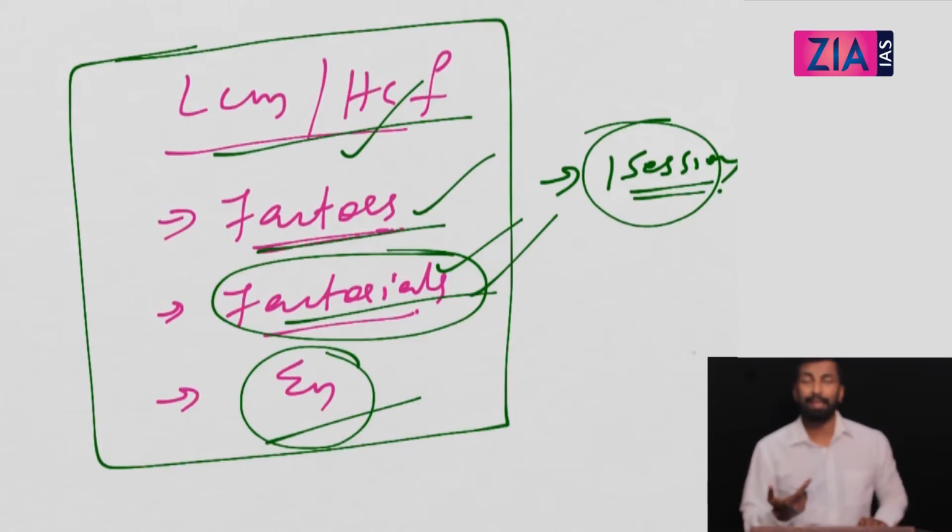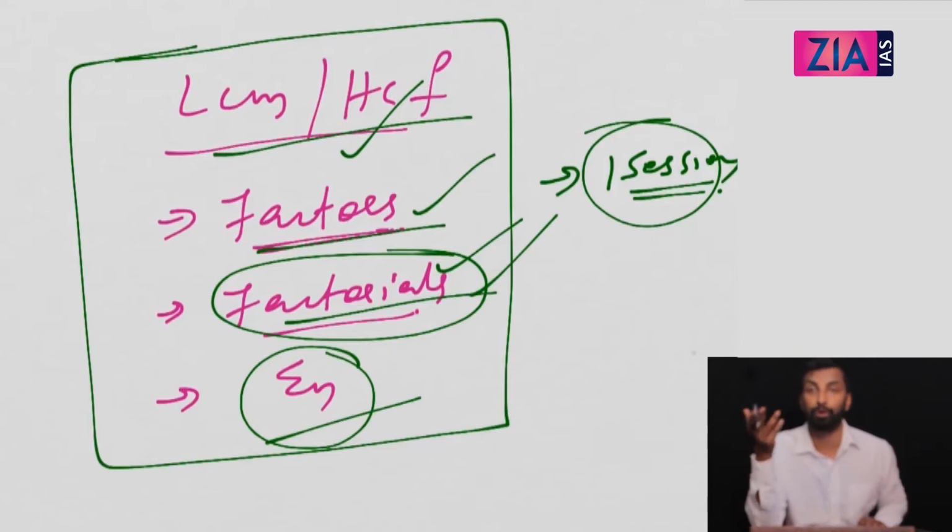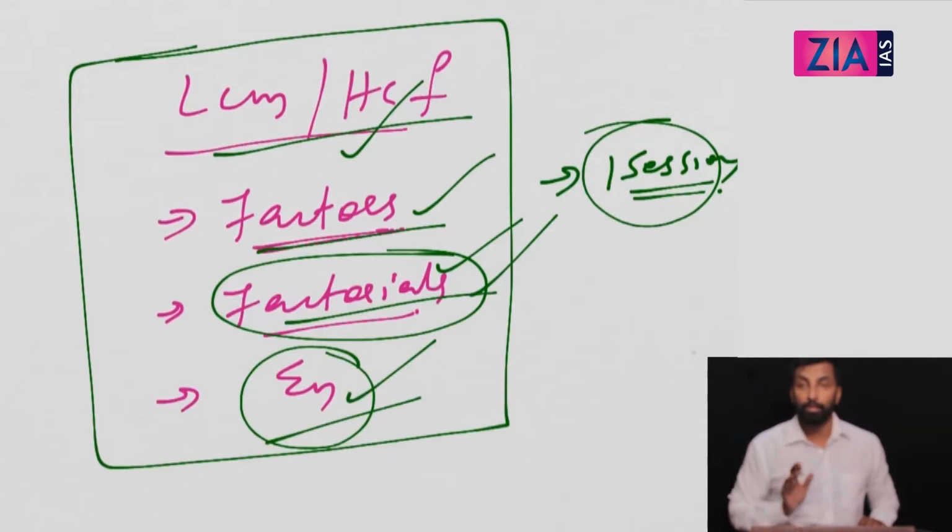So what do you mean by sigma n? Sigma n is the sum of consecutive natural numbers. You'll get questions like this: a person is adding the page numbers of a book. That means he's actually finding sigma n, the sum of consecutive natural numbers. And he's missing a page and he got some number, so what page number did he miss? Or he's adding a page extra and he got some number. They will give you that number and ask what page number he missed out. This kind of question is solved using the sigma n concept. We'll come to that.